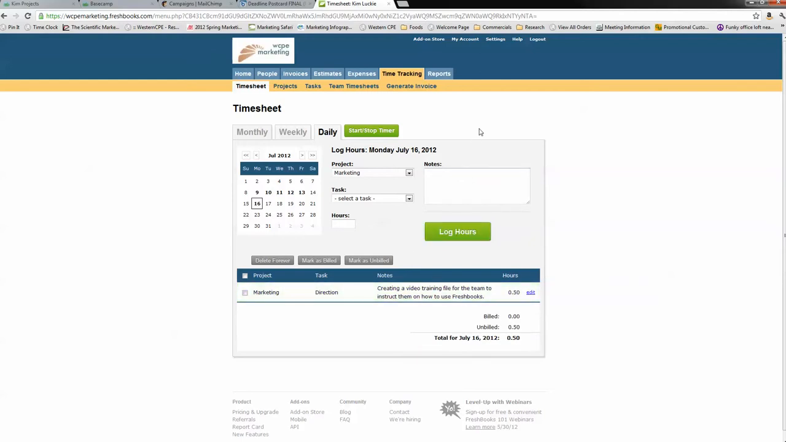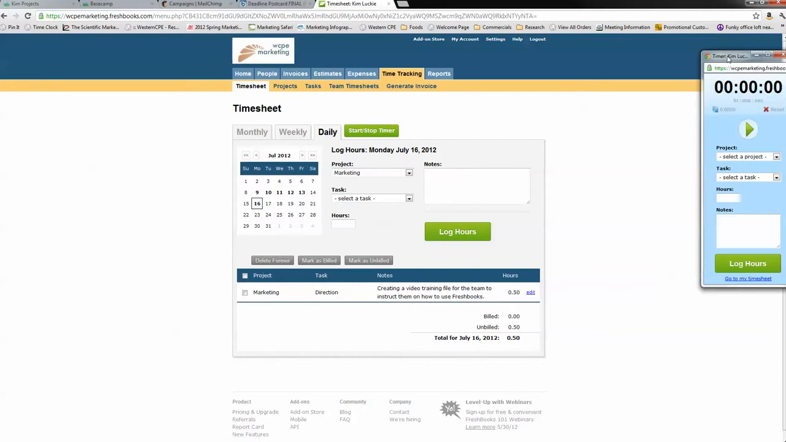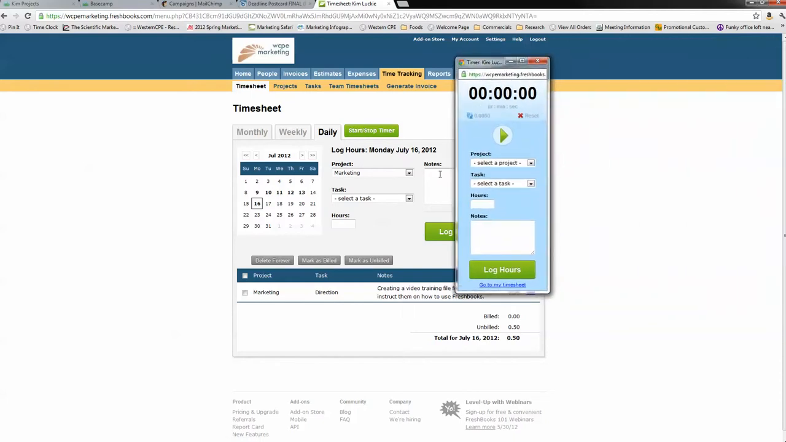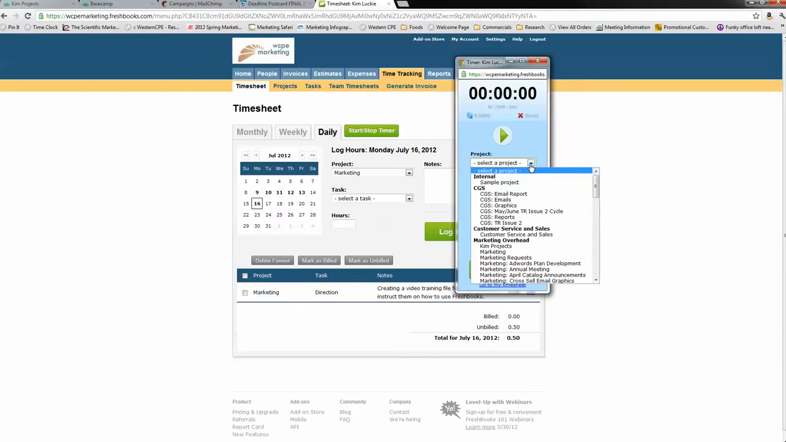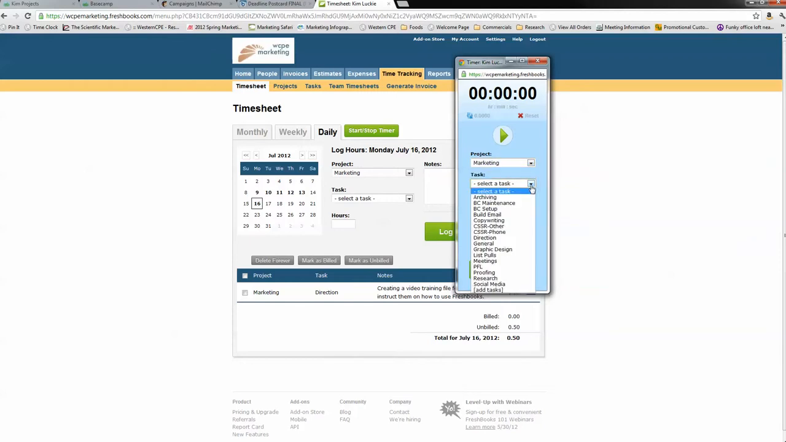Now here's your other option for tracking time, okay? You're going to hit the start-stop timer. And as you can see, it's a timer. This can run in the background. You could put it on your second screen or put it in the background. And you just want to select the project. So marketing, the task is